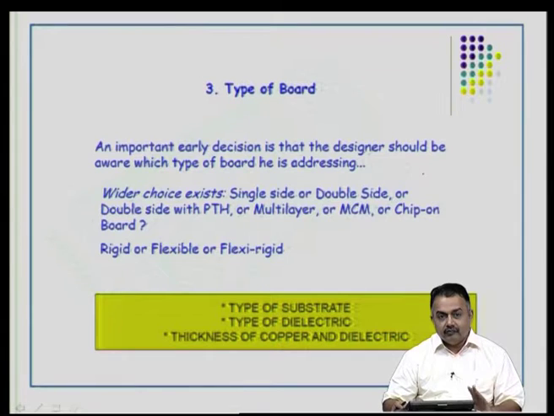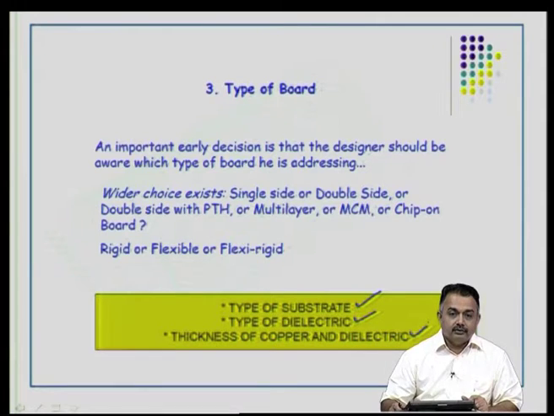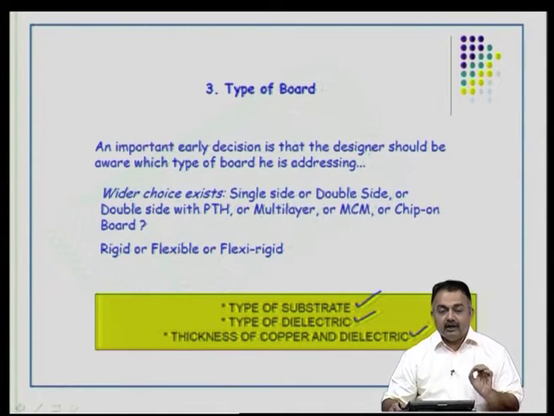So, accordingly, if you want to decide on the type of board, you have to choose the right type of substrate, the right type of dielectric material, and the thickness of copper and the dielectric that you are going to use is the designer's choice. It is not the manufacturer's choice. Many people think that the fabricator is choosing whatever material he has, which is not correct. The designer will have to specify what type of board you have to make, including the thickness of the dielectric, the thickness of copper, the thickness of the total substrate, and the thickness of the plated conductor, and so on.